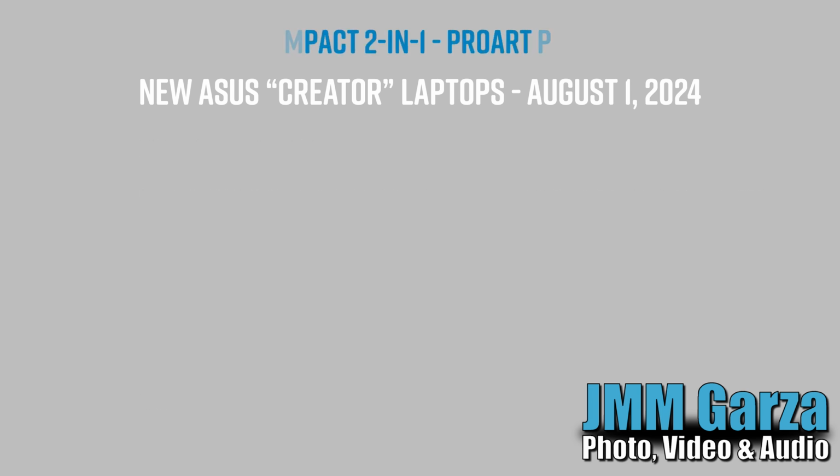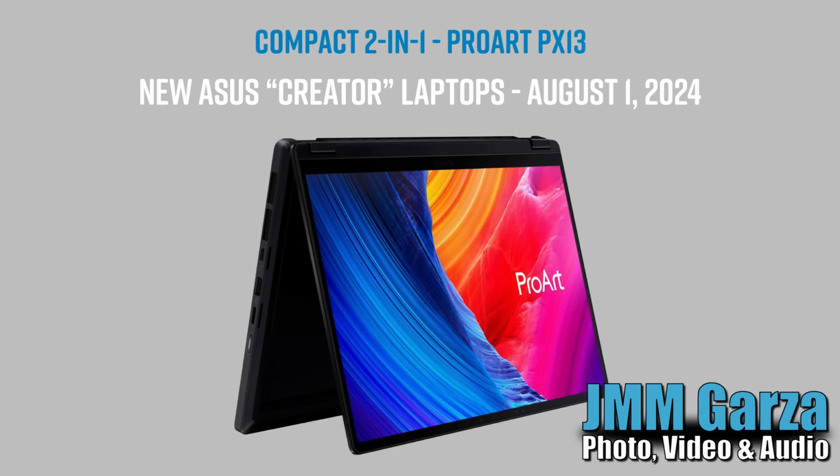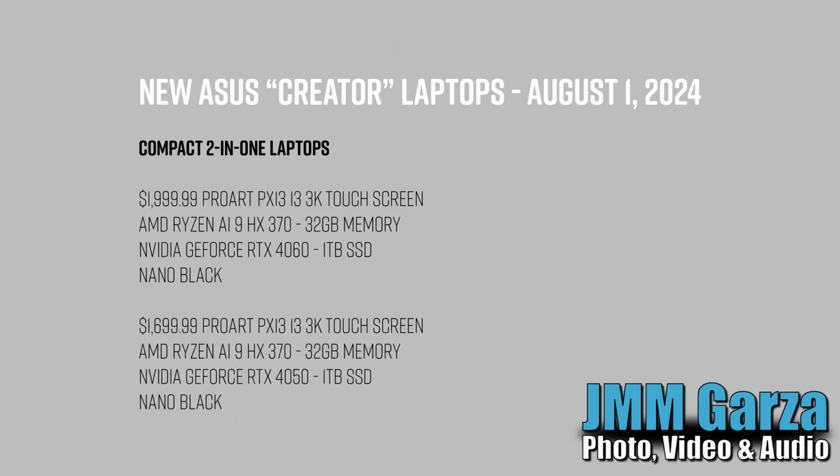If you don't like lugging around a 16-inch full-featured laptop, you can get something a little more compact. The 2-in-1 ProArt PX13. Of course, you can put it in tent mode, tablet mode, and standard laptop mode. Again, it's very, very light. The first iteration here is at $2,000. Includes again the 13-inch